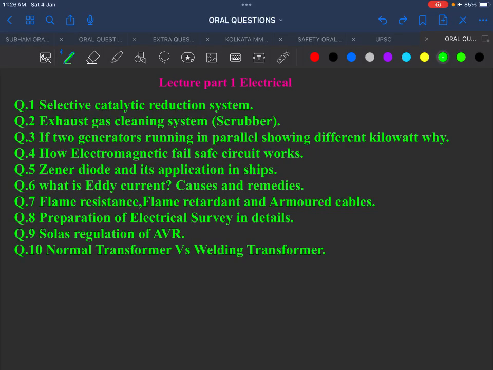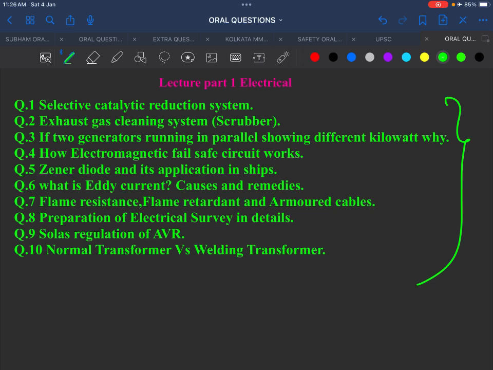So today this is part 1 electrical, which is for the MEO Class 2 people and also for the electrical engineers, ETOs also. So today in the first part I will deal with these 10 questions. Basically these 10 questions I will deal today: selective catalytic reduction system, exhaust gas cleaning system, and if two generators running in parallel show different kilowatt, why, what are the reasons, I will show you